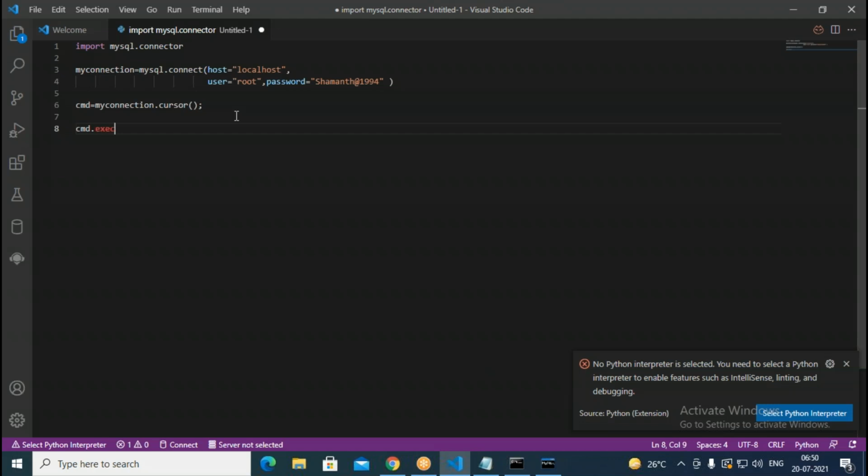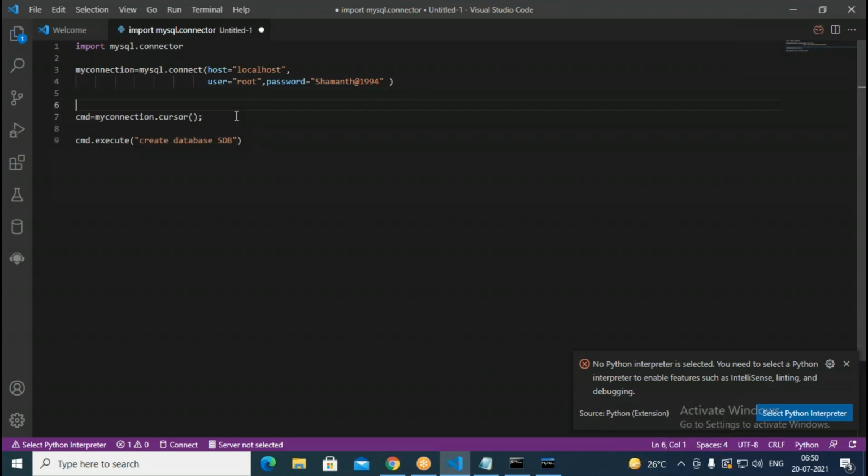Okay, this is execute followed by create. Here we write create database, then give the database name. So what database name do we give here? I give something like SDB. The database name is nothing but SDB. I would like to create a database. But in this process, what happens? Sometimes it can give an error.